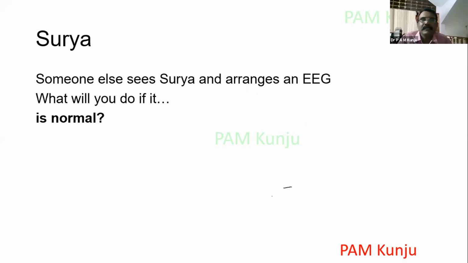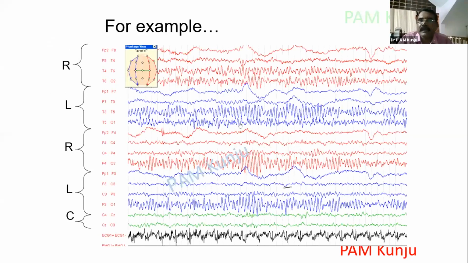But anyway, here the EEG is normal, and it was done at that time. You see that EEG, it may be reported as abnormal, because we can see there are a lot of high amplitude discharges. But these are all normal. So this is a normal EEG.